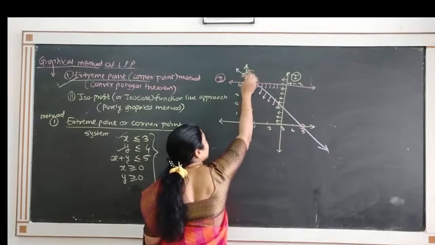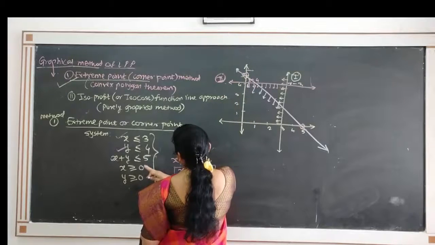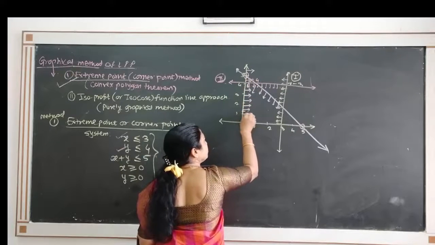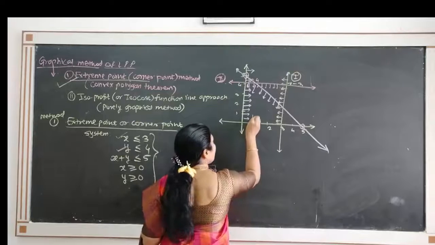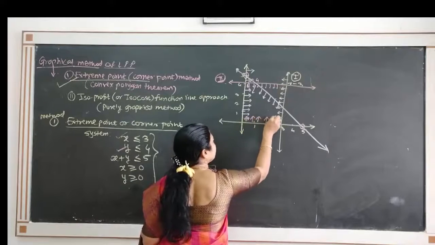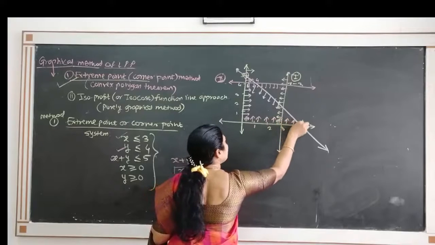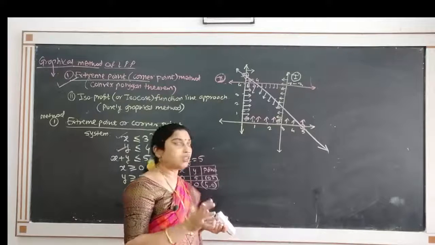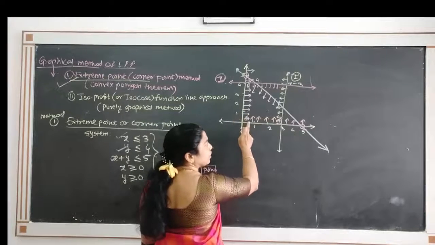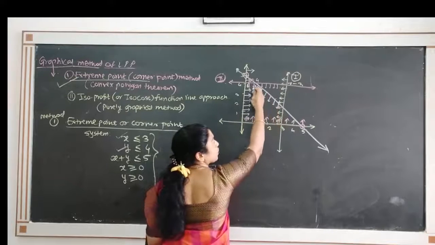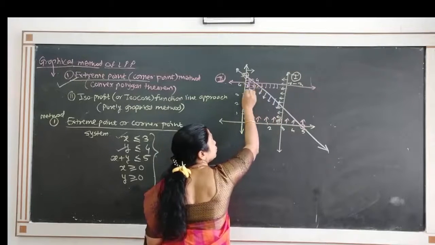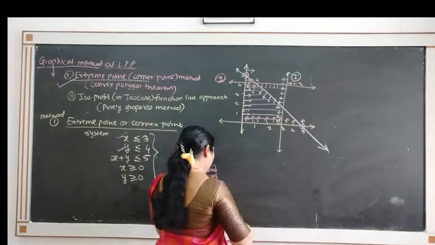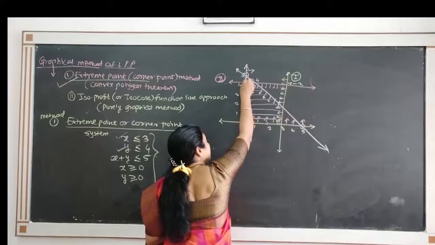x greater than or equal to 0 and y greater than or equal to 0, that we know. Because we want x greater than or equal to 0, we want this region where x is always greater than or equal to 0. And this region shows y greater than or equal to 0. Now we want the solution space, that is the feasible region, which is nothing but common to all the constraints. So which is the common region where all the arrows come together? See here. This region shown as a shaded region is the feasible region. I will show it by dark lines to get the idea. See this region.